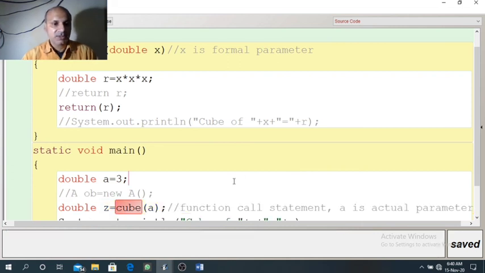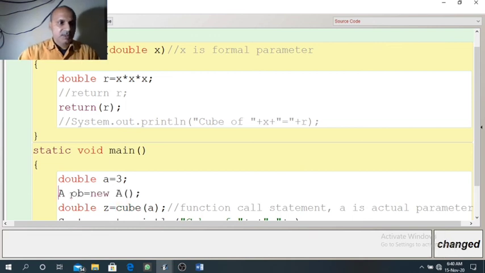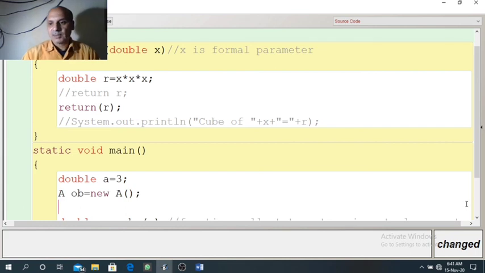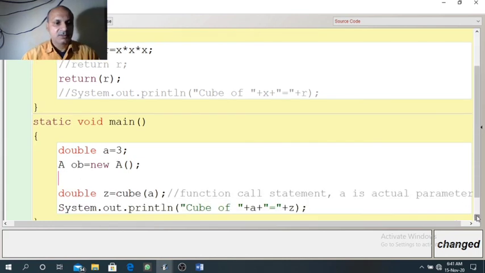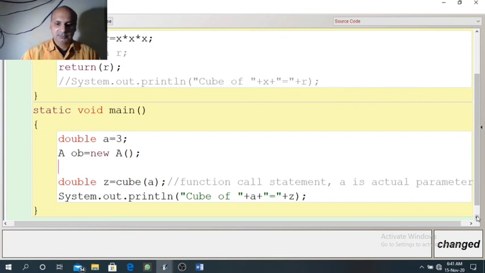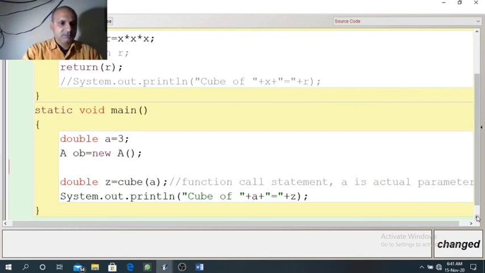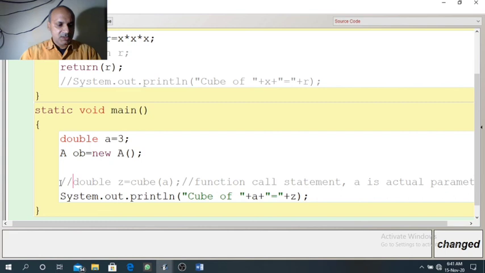So what is the solution for that? We need to create an object here. For creating an object, we need to write class name A, object name ob equal to new class name. After that, for calling, we need to call the method through the object. So this is the statement.